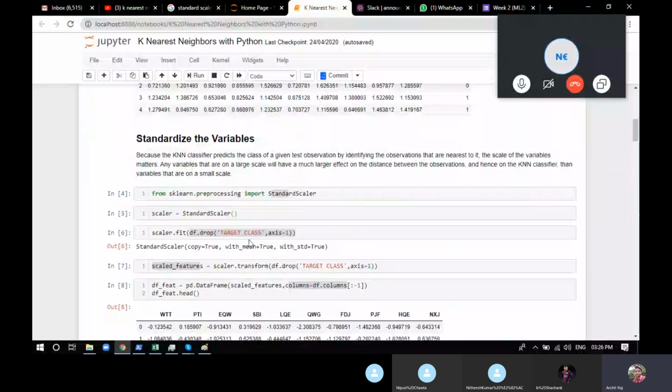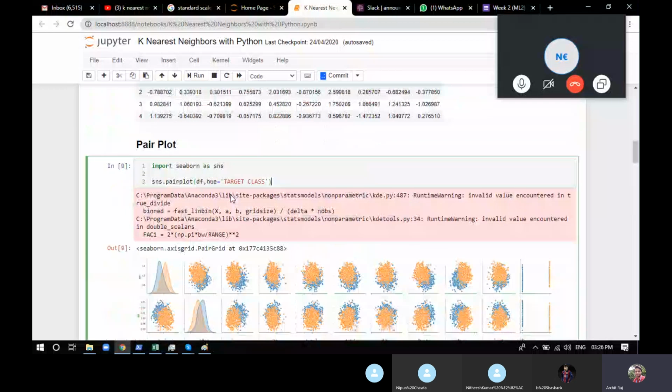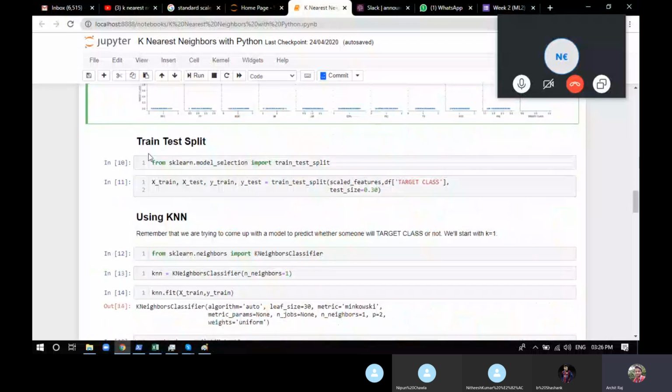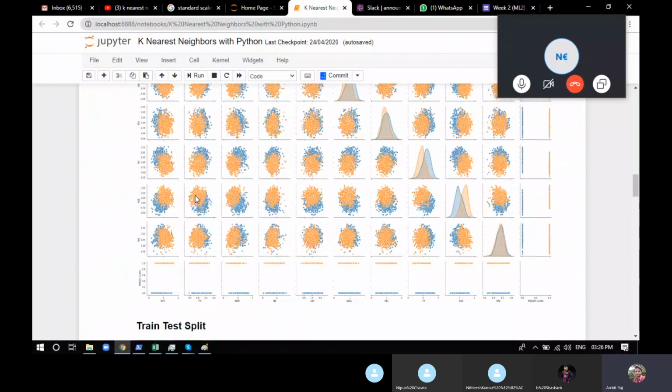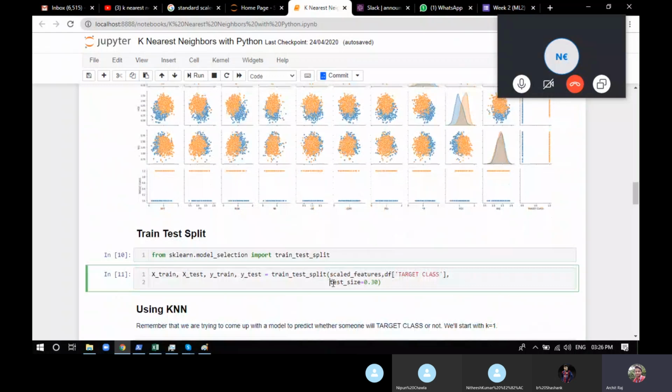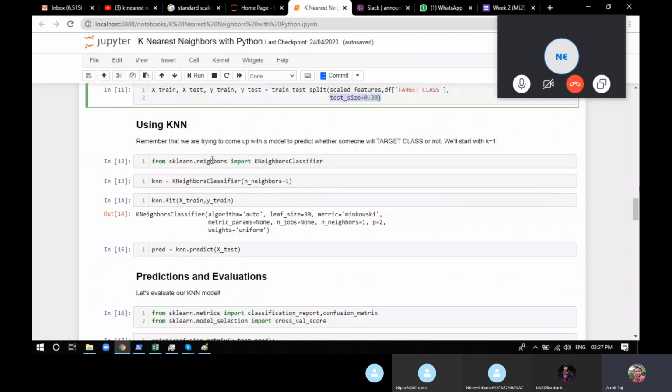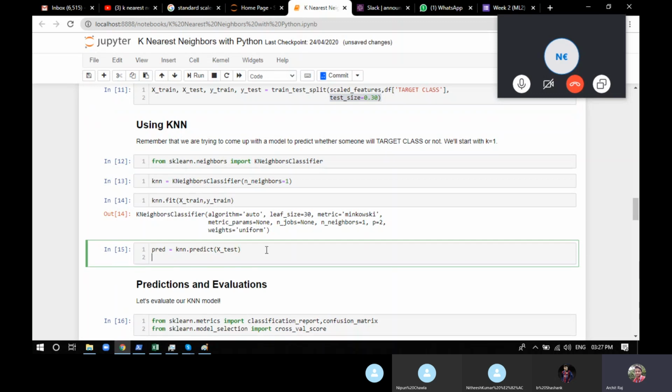Now your data has been completed, the transformation of data has been done. Now what do we do? We do the train test split. I guess till now you have remembered everything about train test split. So X train, X test, Y train, Y test. We do the train test split with the scaled features which you have and the df of the target class, the value of x and the value of y, and the test size is 30. It means 70% for the training and 30% for the testing. Now using KNN, for this particular example, we are using k nearest neighbor as 1. It means we are just taking into consideration the first answer. Now it's not a really good option, not a really good thing to do.